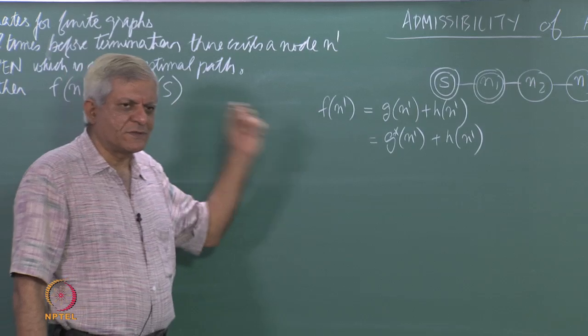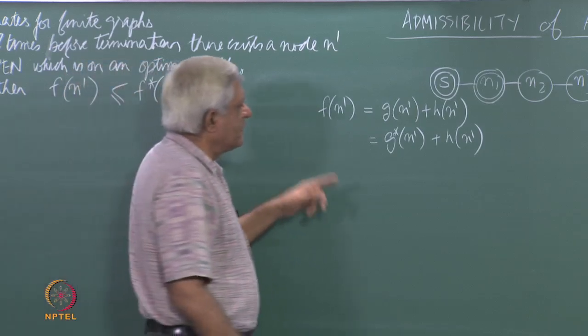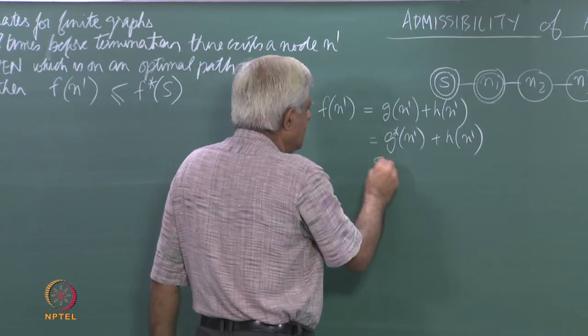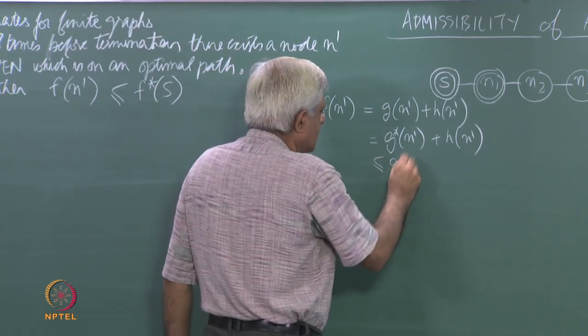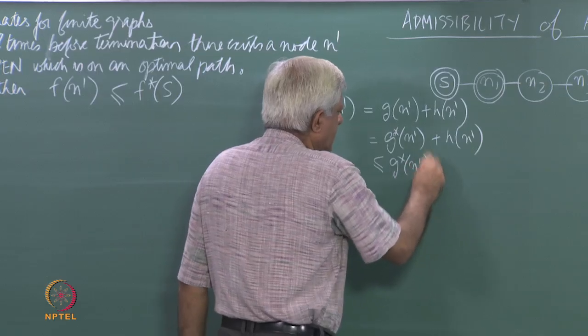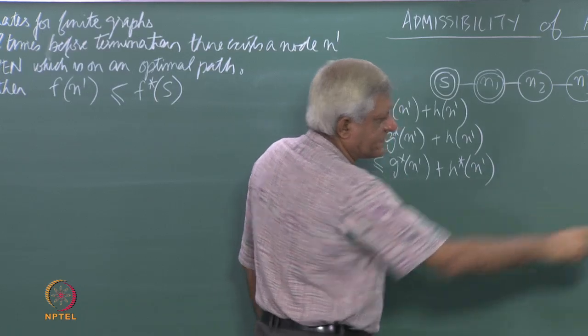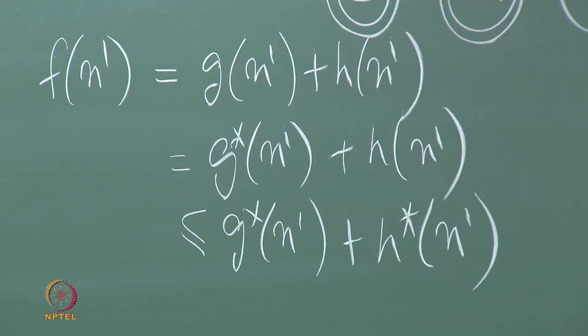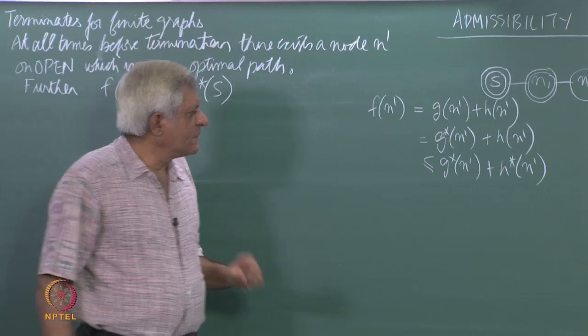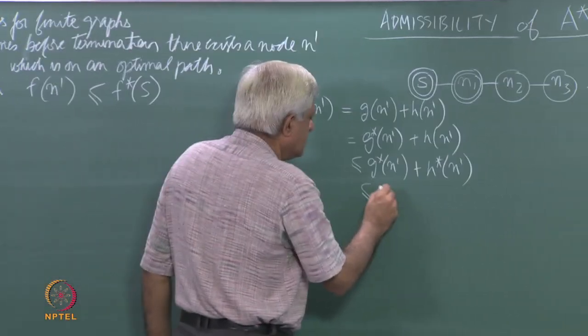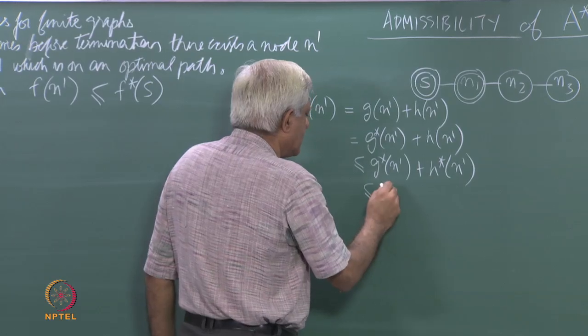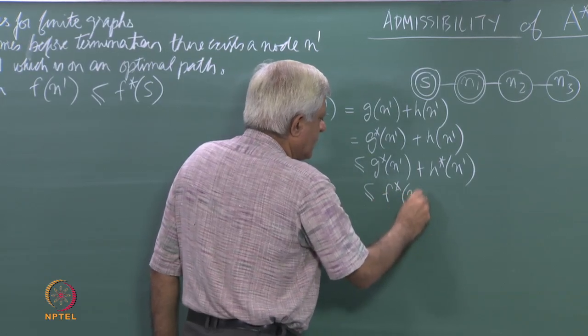Remember, we are talking of nodes on this optimal path. This will be less than or equal to g star of n prime plus h star of n prime, because of the condition number 3, which we have said that the heuristic value is always less than or equal to the optimal value, which means this is less than or equal to f star of n prime,